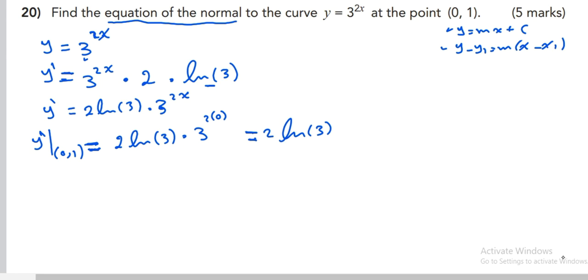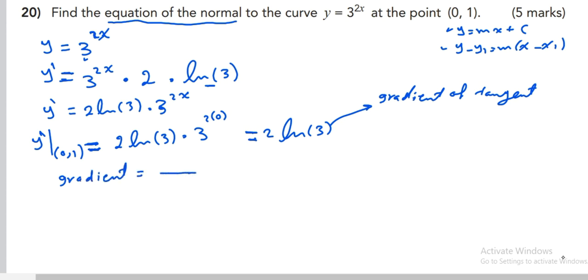Usually the value you will get by substituting in the first derivative is the gradient of the tangent. So substituting the point in the first derivative gives the gradient of the tangent. If you want the equation of the tangent, you will take the same value in the place of m, in this form or in this form. But if you want the equation of the normal, as he asked here, the gradient will be